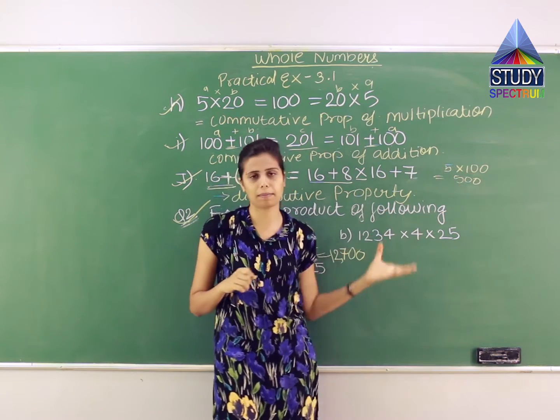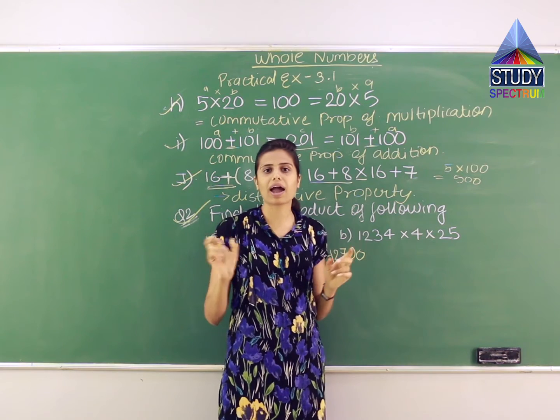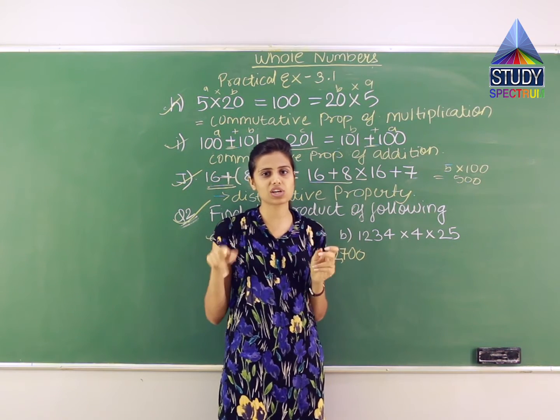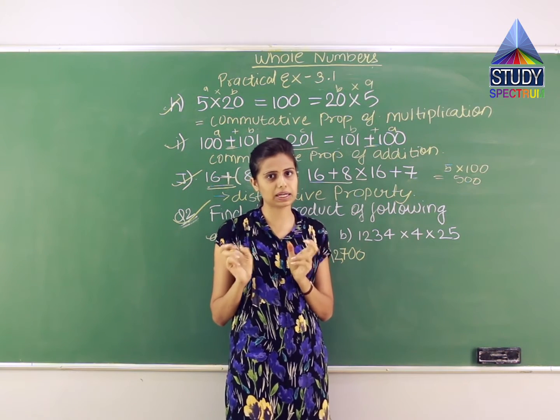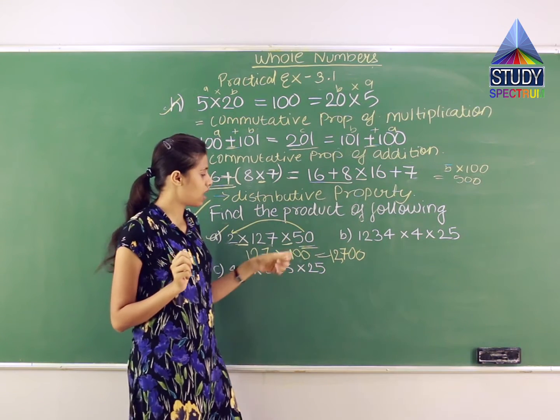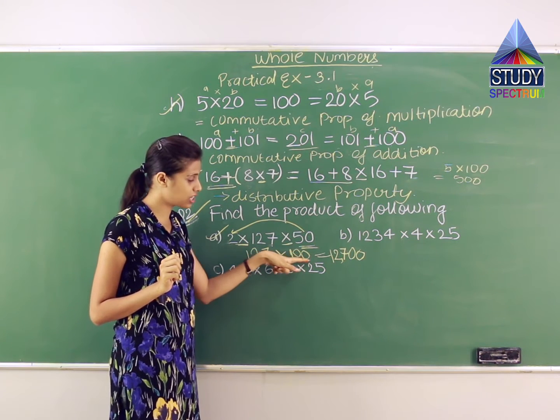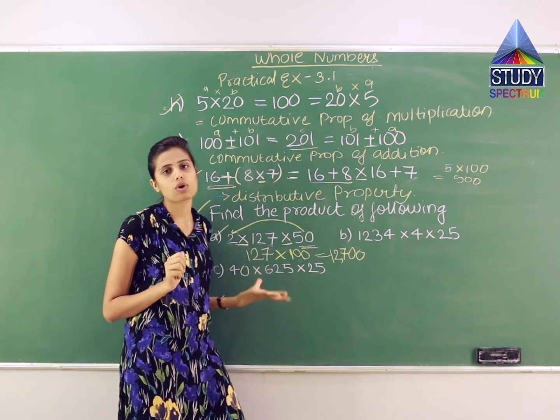I got the same number, right? 100. Sometimes if it doesn't work, try 5 and 4, whose zero comes at the back. The numbers whose multiplication gives you zero at the end, try to multiply those numbers first. Over here I was getting 50 into 2 as 100, which has 0 at the end. So I have done this operation first.